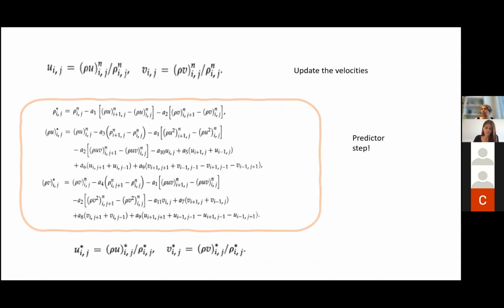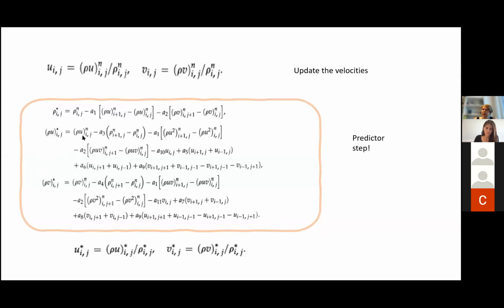We have done this, now we have to sum up what will go on for every step. Velocities are computed by dividing momentum by density. This is what we're going to do to find velocities. And here is to sum up all the predictor steps in one. So this is what's going to happen in the first step,